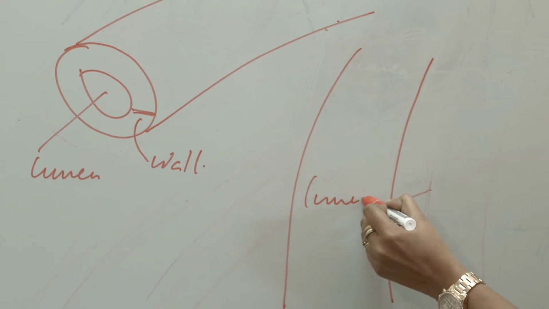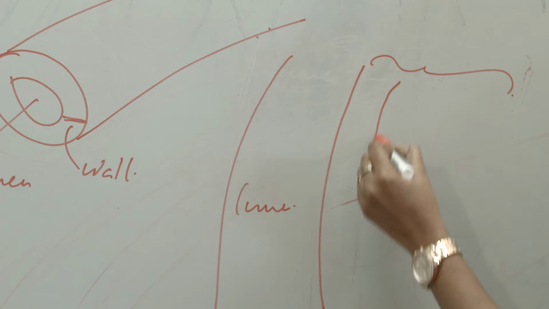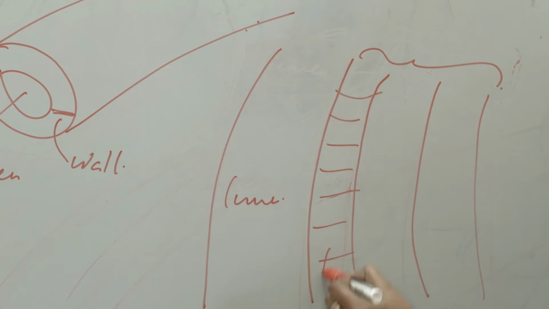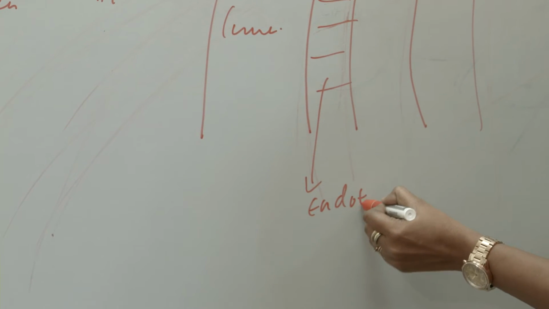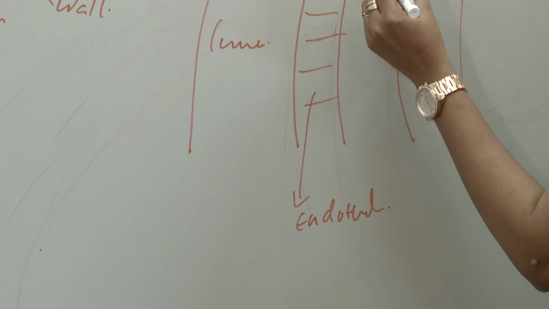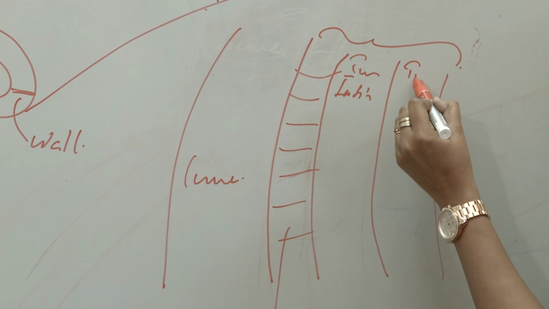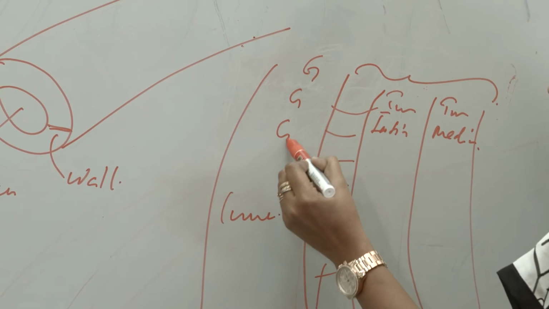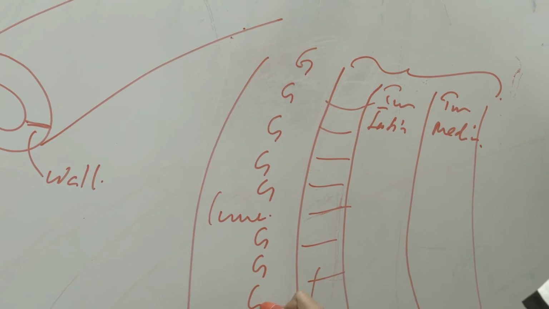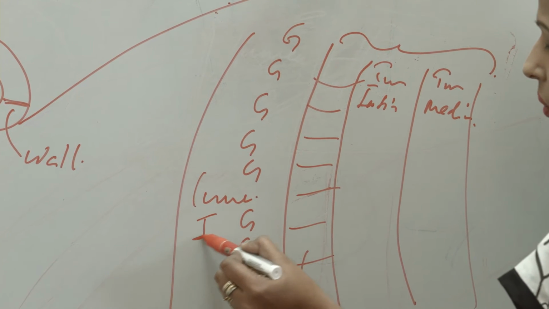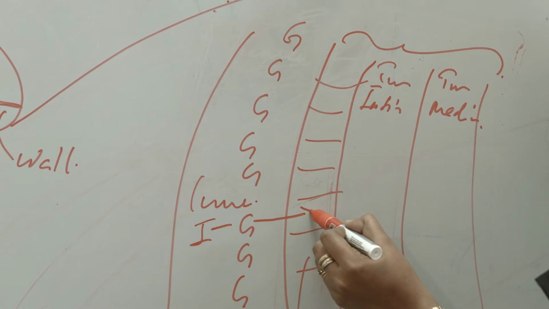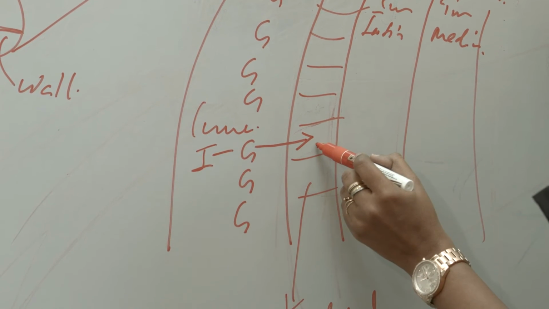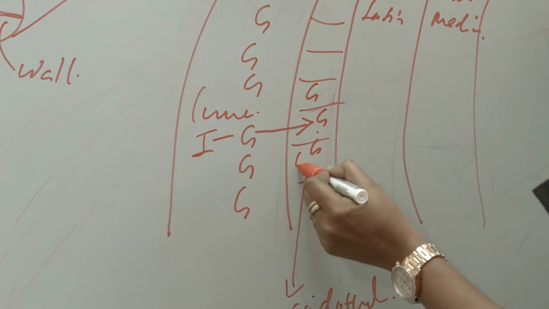So this is the lumen, and the wall comprises 3 layers. This layer comprises endothelial cells. Here you get tunica intima and tunica media. So all these glucose molecules which are circulating in the blood, they don't expect insulin to be there in order to enter the endothelial cells. This is something very interesting. When they enter endothelial cells,